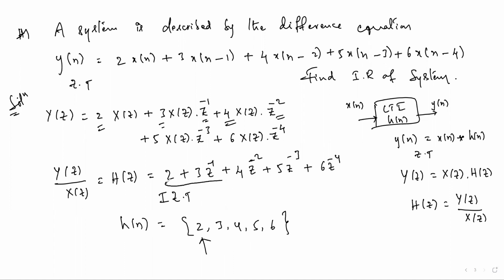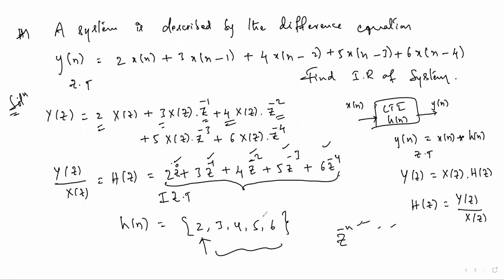Observe the polynomial of z. Here it is nothing but z to the power of 0, z to the power of minus 1, minus 2, minus 3, minus 4. Z negative powers in increasing order means the sequence is right sided. I'll give you an example now, how I have taken this sequence from that expression. Very simple one. Note down h of n is equal to this one from the given h of z. From the expression we obtained for h of z, we take h of n like this.